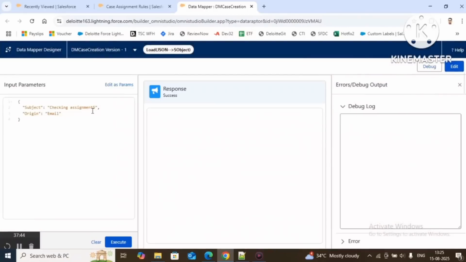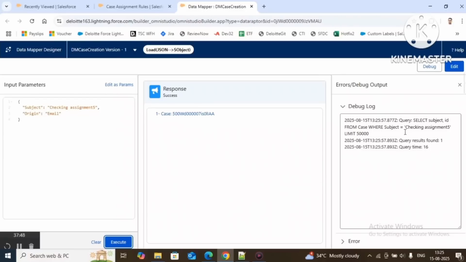So here you can see I'm saying assignment. Here you can see on the right side debug logs. Select subject ID from case where subject is equal to case assignment 5. First query result, we found one query result and that is updated. Okay, suppose I am updating to phone. For example,